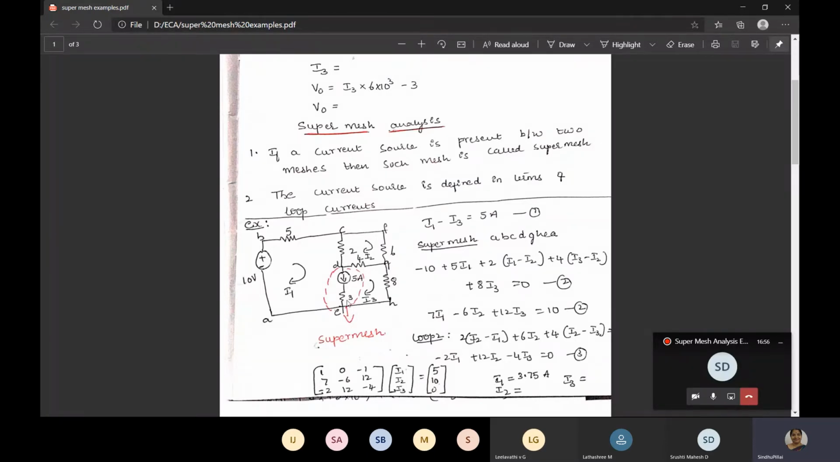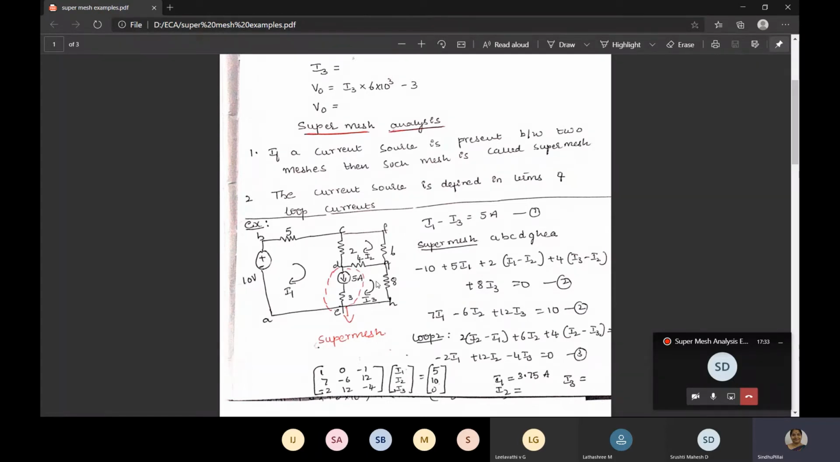After this you have to check whether there are any current sources between the meshes. Okay, between I1 and I2, or between I2 and I3, or between I1 and I3. There are 3 meshes here. So check whether there is a current source. Here we have a 5 amps current source between I1 and I3. Since this is a 5 amp current source, we don't know how much current will go for mesh 1, how much current will go for mesh 3. We can't tell correctly. So what they will do, this I1 and I3 put together